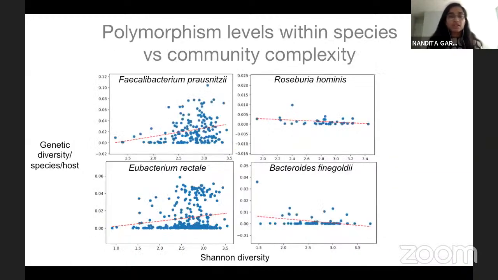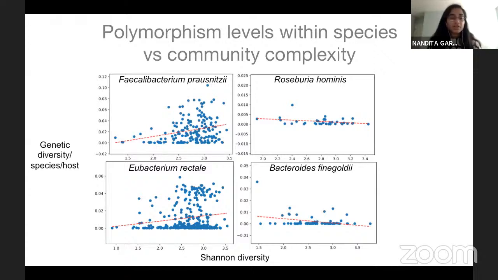And breaking this down by focal species, here are two examples in which we have a really strikingly positive trend, whereas some other species have almost zero, or maybe you would even say negative trend. So this is already some evidence that DBD seems to be occurring for at least some of the species in the gut at the polymorphism level.